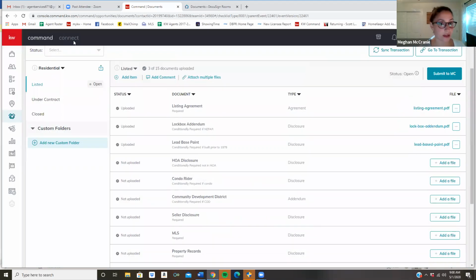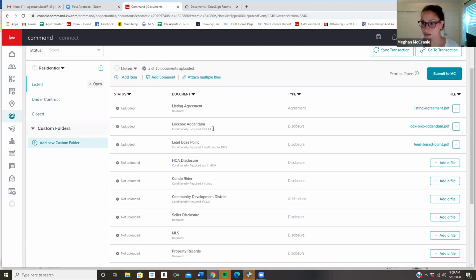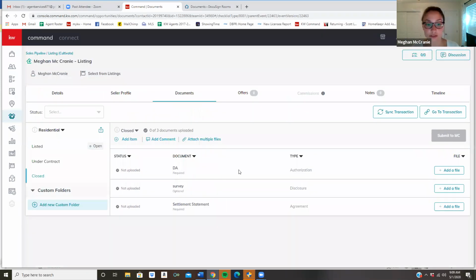Good question. Now, something else I want to show you guys, and I'm going to move my people again to the right-hand side. So if your people are on the left, go ahead and move them to the right or up or down. Okay, so the checklist, you'll notice here that I'm in the listed section. So these are all of the documents required for listing. Under contract, you'll see that your documents change. So just make sure, if Kendra's like, oh, it didn't have a place for this, this, or this, always check to make sure if it's under contract or under the closed option.